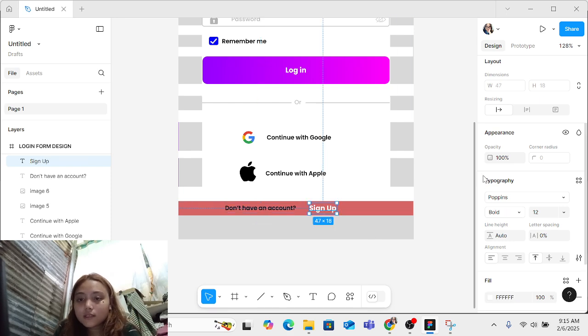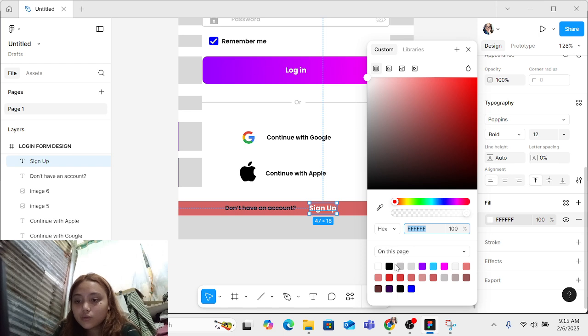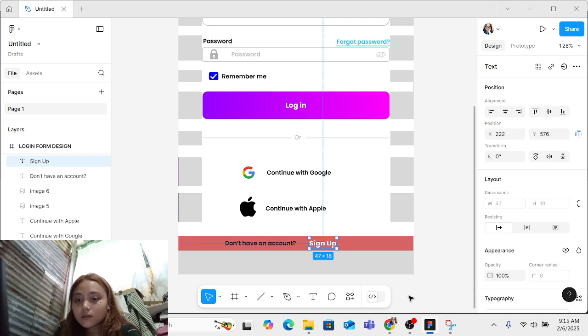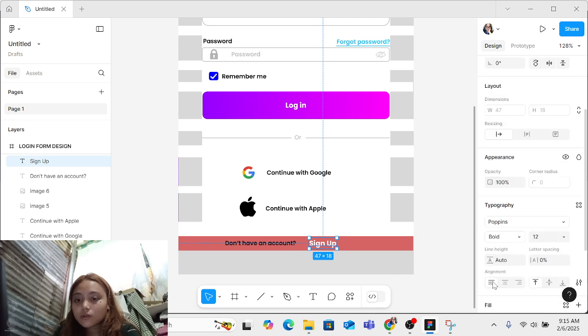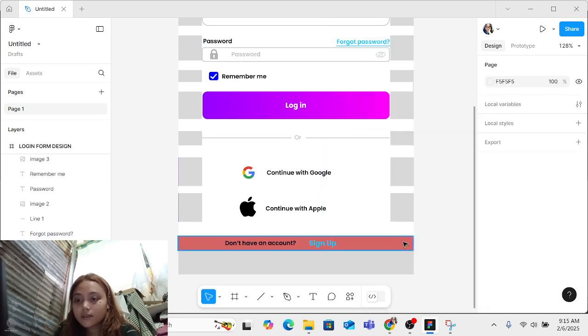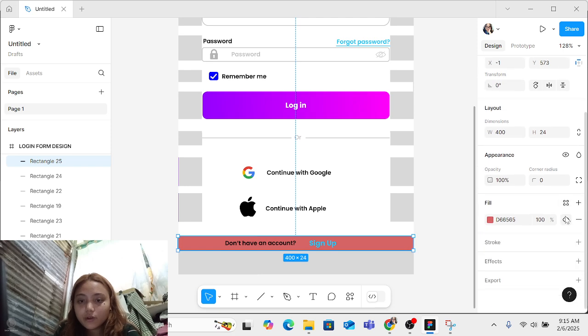Then this one is a different color. We're gonna choose the different one. So let's just choose the color for this. Do this one. Okay. Now they're the same, and let's turn the color.